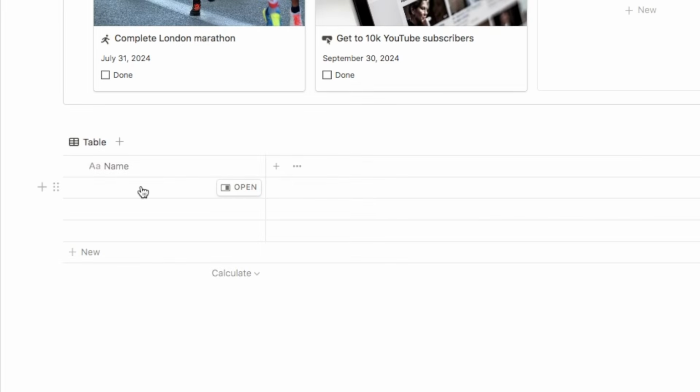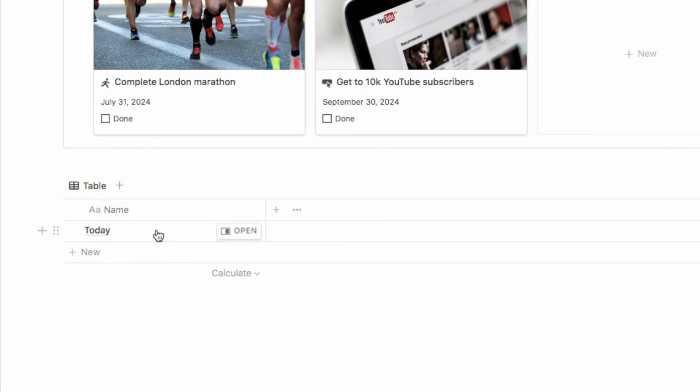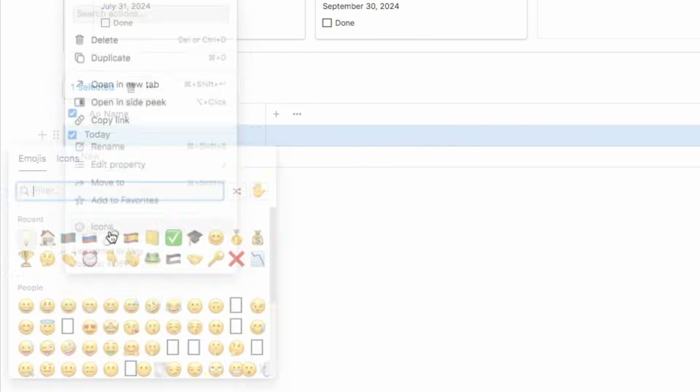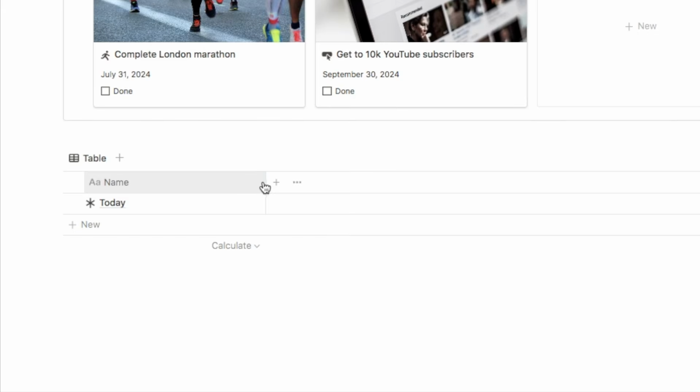Now in the first row here, I'm going to type the word today, because this is going to be today's habits, and we can delete these other 2 rows here because we don't need them. We only need 1 row at the moment. Let's add an icon. So if I click on the 6 dots here, I can select an icon. I think I'm just going to go with an asterisk or star icon like this,